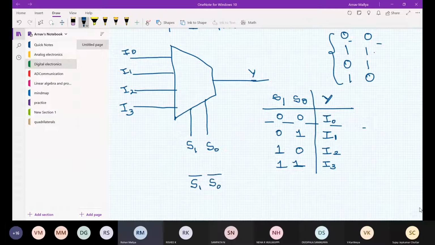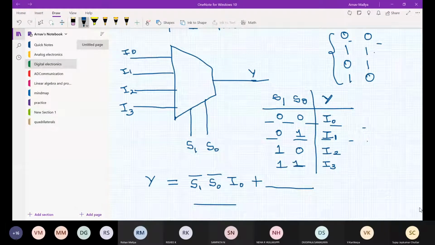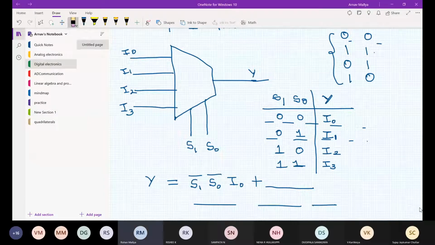That will be your first term. The second term is S1 bar S0 I1. There will be 3 more terms here. Write the output expression, then implement its hardware, and do this by tonight.